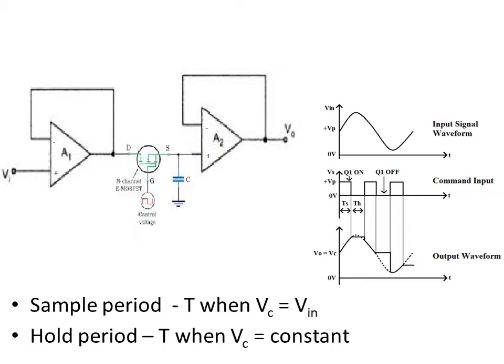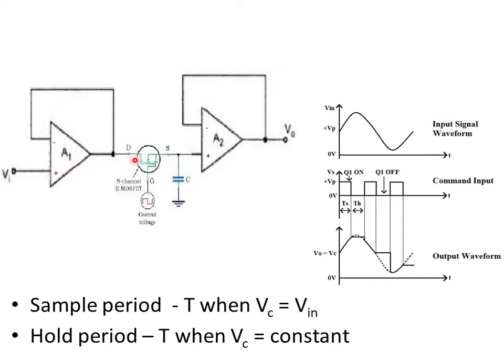Okay, let us look at the circuit. You find that the circuit has an N-channel E-MOSFET. This E-MOSFET will work as a switch. This is being controlled by the control voltage, say VC. The capacitor just stores the charge. The analog signal that needs to be sampled is fed in through this